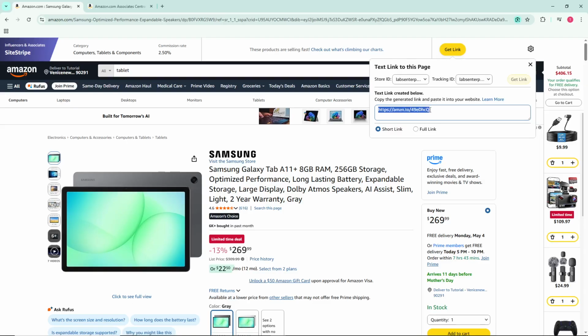Paste this link into your website, blog, or social media post wherever you plan to promote the product. When someone clicks on this link and makes a purchase, you'll earn a commission on that sale. And there you have it. You've successfully created an Amazon affiliate link that you can use to start earning